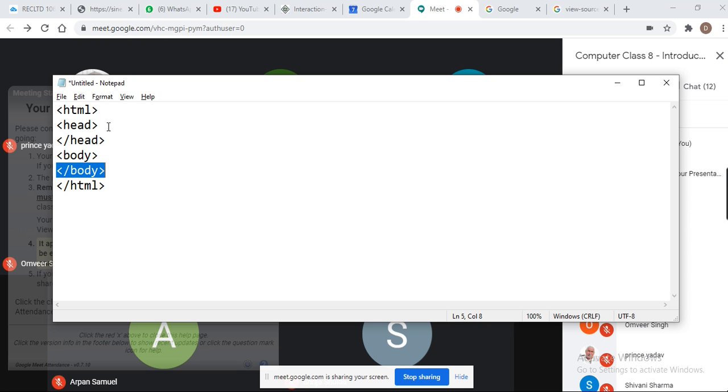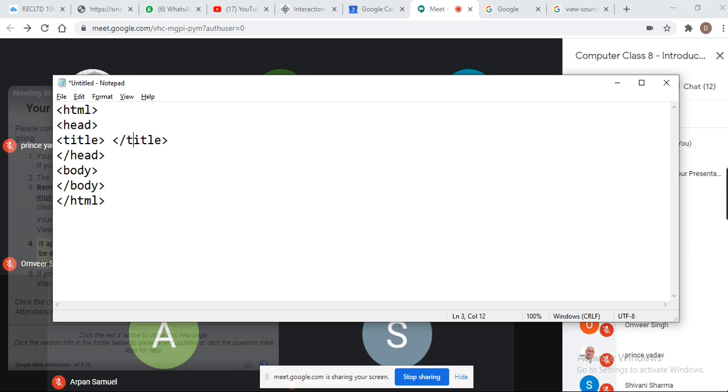The head tag contains the title tag. Title means the title of the document. What is the title of our document? That is what the title tag displays. It must have the closing title tag.